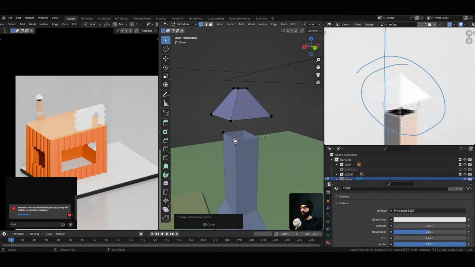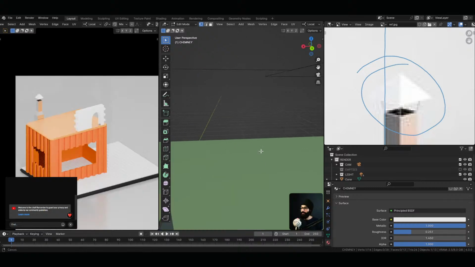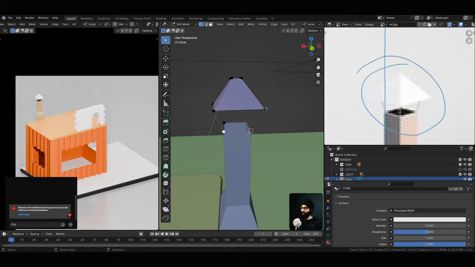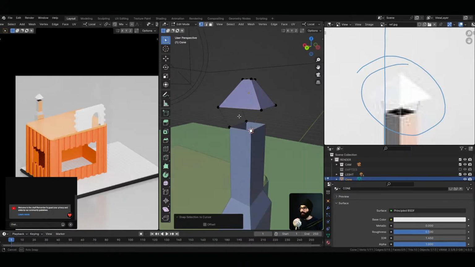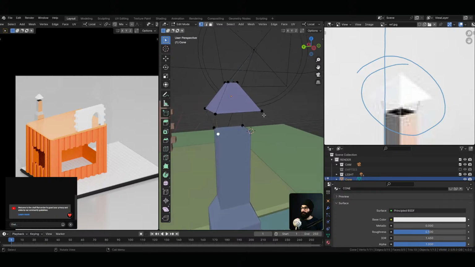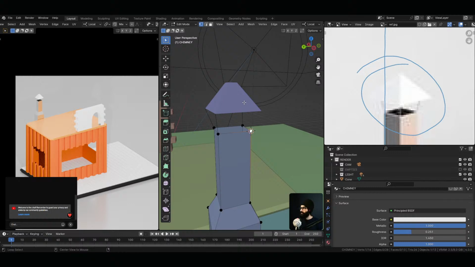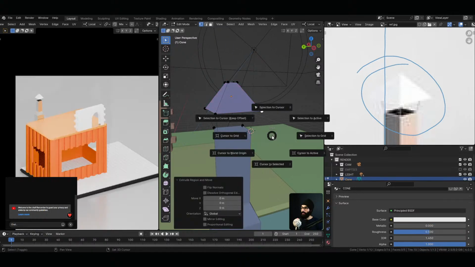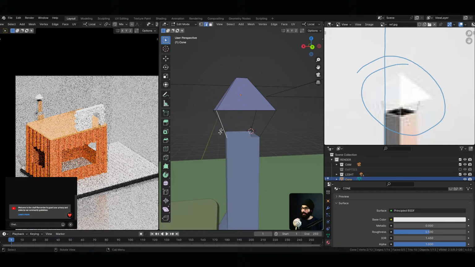This is not the definitive way of doing it. There can be multiple ways of doing modeling. This is what is coming to the mind right now. So cursor to selected, Alt Q, wait, first E, leave it in place, selection to cursor, and then last one, cursor to selected, Alt Q, cursor to selected, E, leave it in place, selection to cursor. Now what I want to do is okay,